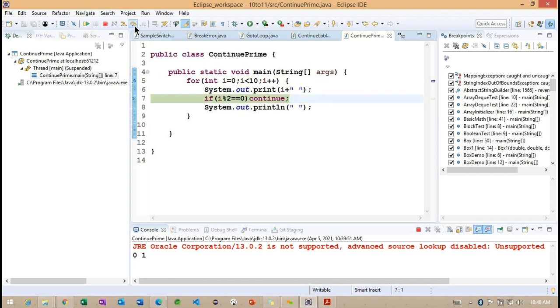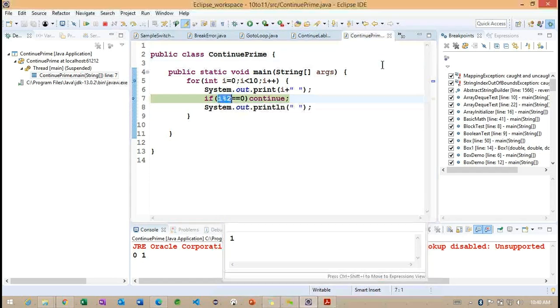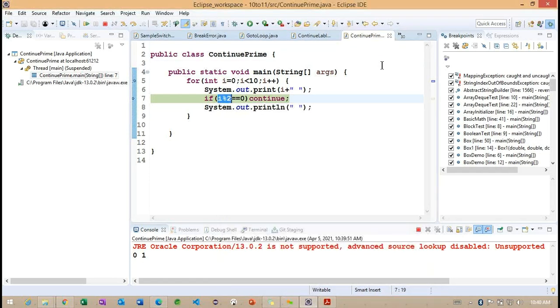Again we are printing the i value. So what is the value we are going to get here? We need to check the modulo operator, which is returning 1. So the if condition is not going to be satisfied here. Whenever this condition is not satisfied, we are moving to the next line here.